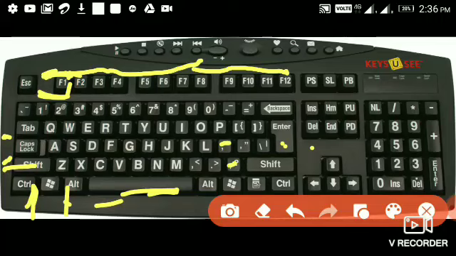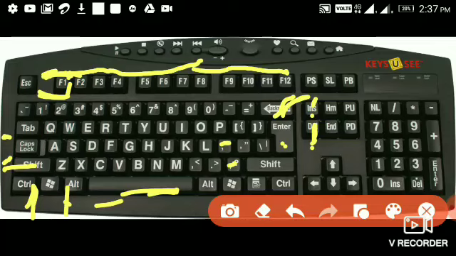Then after, keys such as insert, delete and backspace are command keys. So we can see the insert key, delete key and backspace key. These keys are command keys. When the insert key is turned on, it helps us overwrite characters to the right of the cursor. When the insert key is off, it helps us to enter text or characters to the right of the cursor without overwriting the existing text or characters.